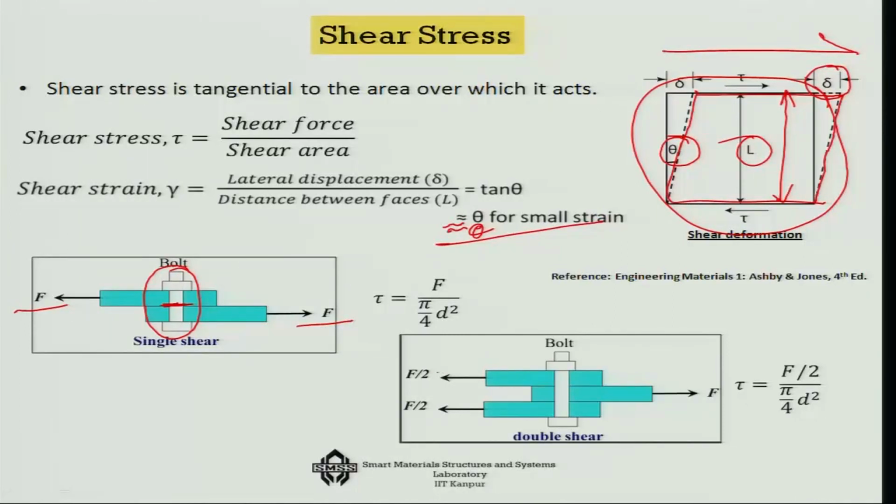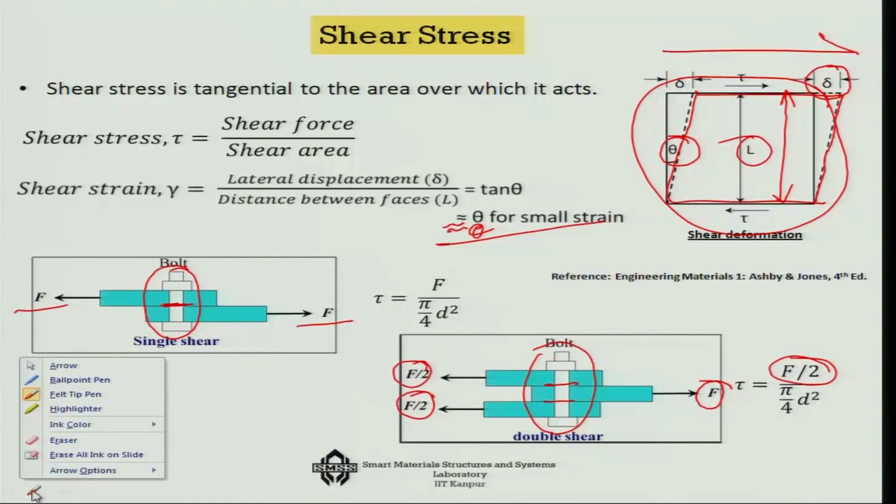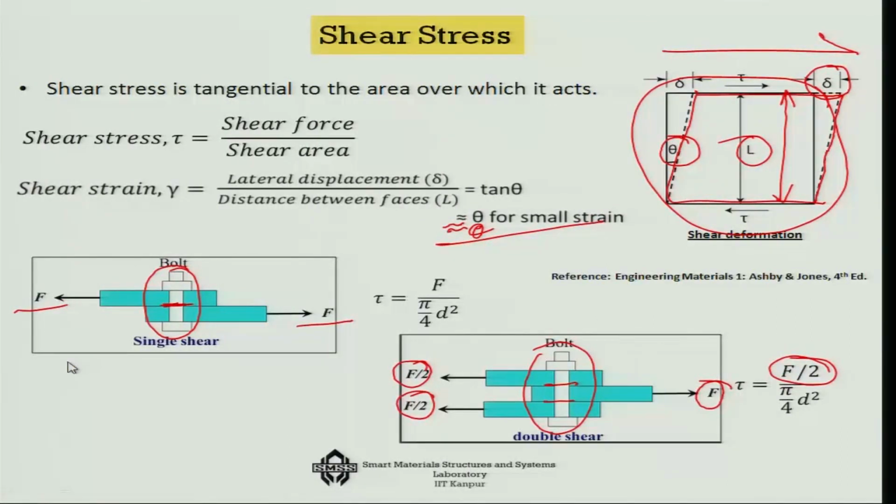But if you have a system with the same bolt, where you have two such elements on one side and the other one on the other side, so you are joining in that manner, then there are two surface areas which come into picture. So, the force on each becomes half in that sense. That means the shear stress level comes down. Thus you can make many such changes intelligently in a system, so that the shearing stress comes down, and it gives you a stronger system with a better life. So, that is what is the shear stress.